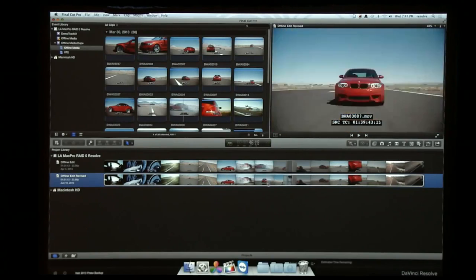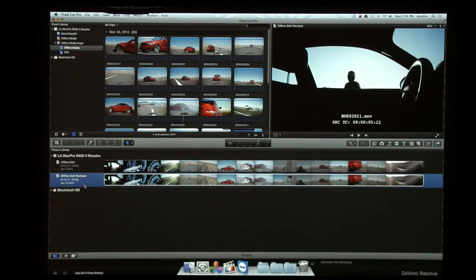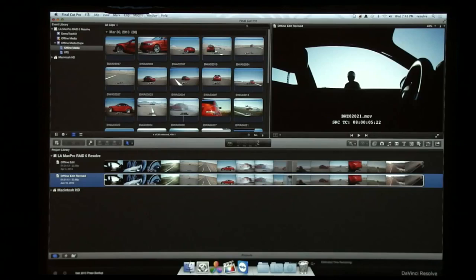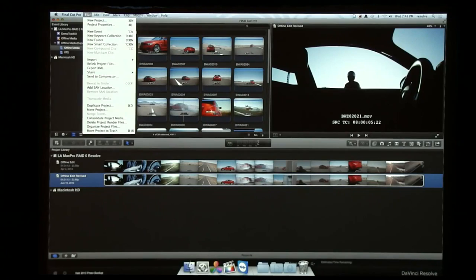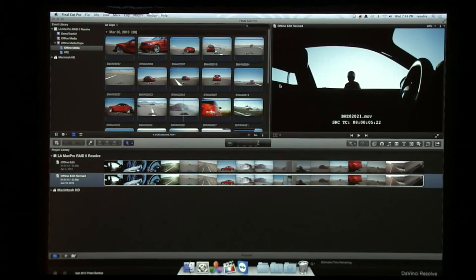So all of this has been edited together, and when the project's done, one would hope locked, but not always, and ready to move back to Final Cut, it's an easy thing, or back to Resolve, it's an easy thing to go to File, Export XML. All right, go into the Documents folder, Offline Edit Revised. I'm gonna go save that. Replace my previous one,